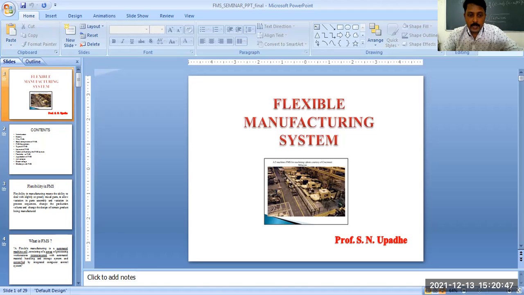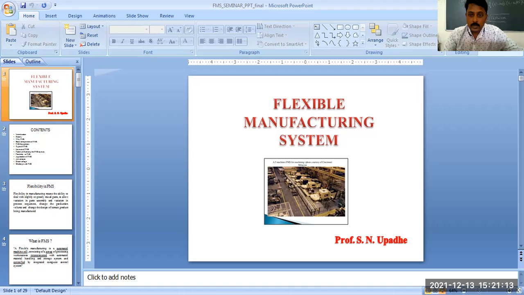Then there is material handling. There are robots, there are transfer equipments, there is automatic storage and retrieval equipment. Storage and retrieval we have seen. Transfer is AGV, robots or robotic hand, and material handling, putting those parts from one system to another system, input, output, that we have seen.